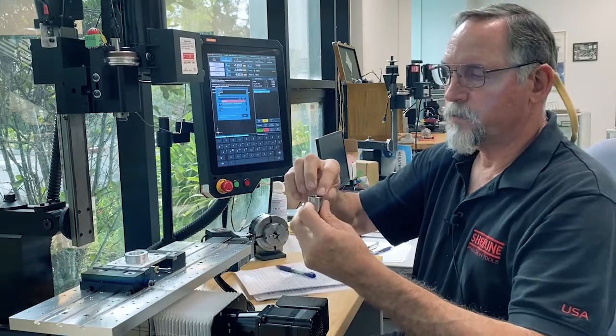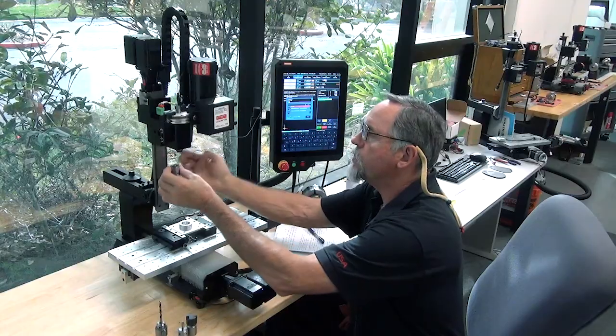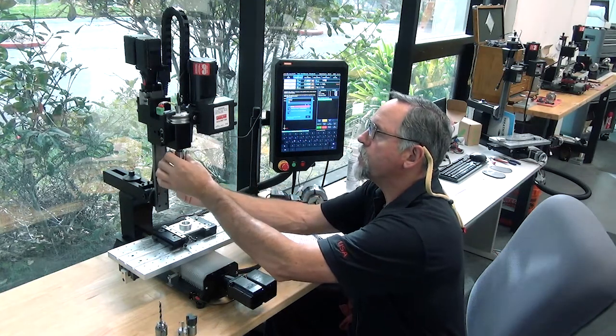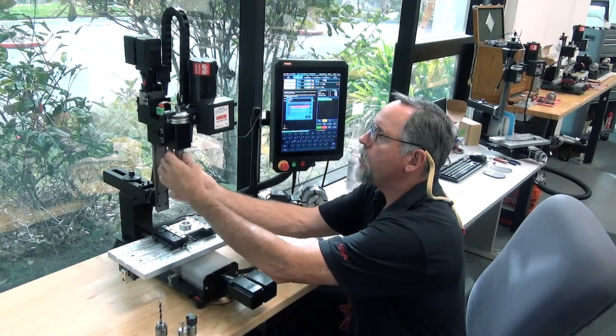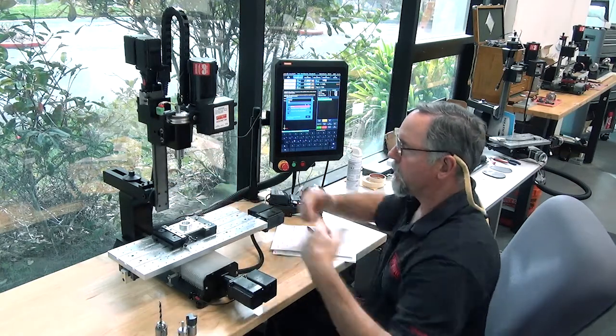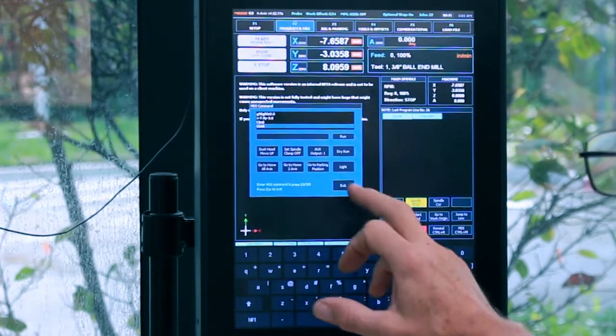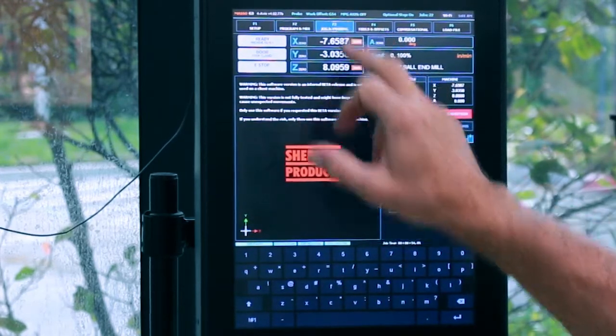On all these tools, make sure that the mounting surface and the threads are clean, and there are no chips on the mounting surface of your spindle. You don't have to sock these down for touching off your tools. Just put them on snug like that, and you're good. I'm going to hit cycle start, exit, and then I would jog,